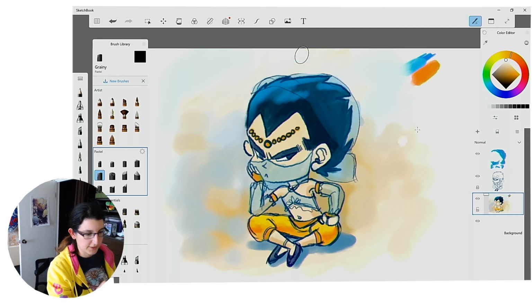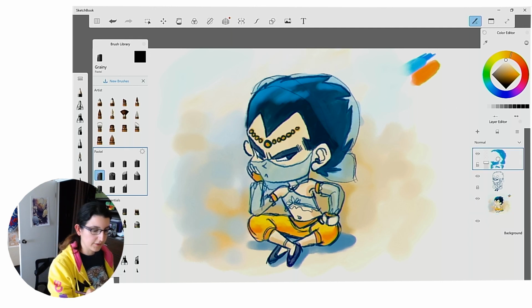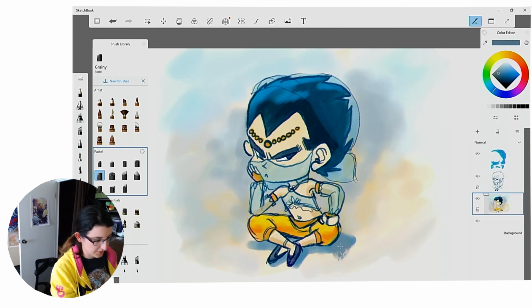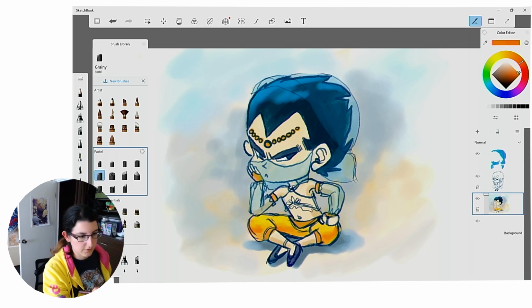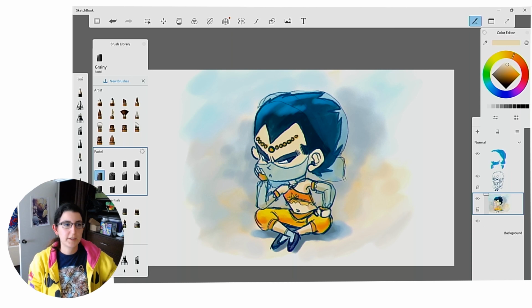Okay, I think I would like to touch up the background a little more. I think that the blue in the shadow is a little too strong, so I'm going to make it more of a gray. Oh, now he's going to start to look like Goku, wearing Goku's colors. Orange, make it more of a red orange. There you have it, complementary colors with a little bit of split complementing in there.